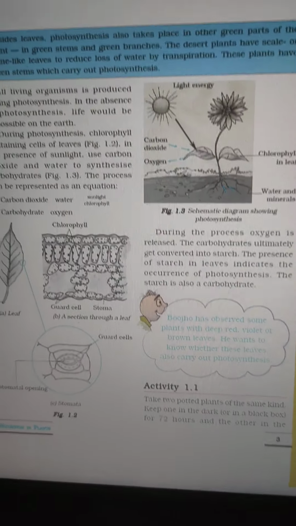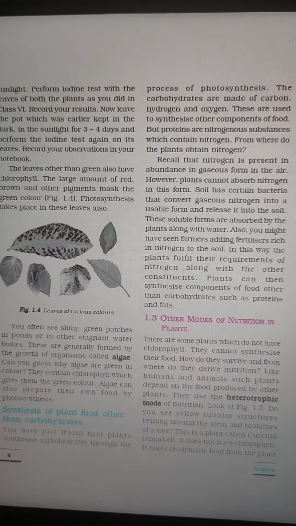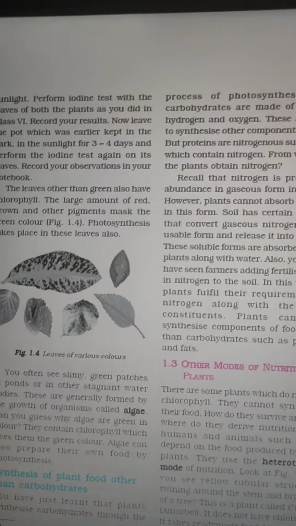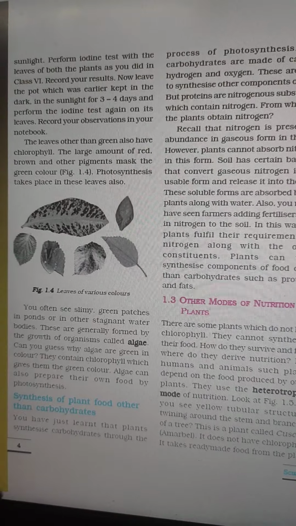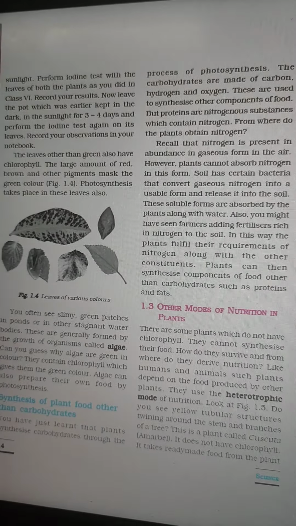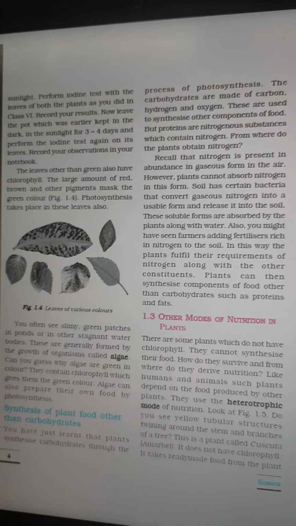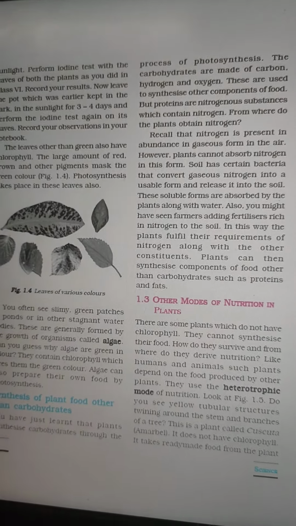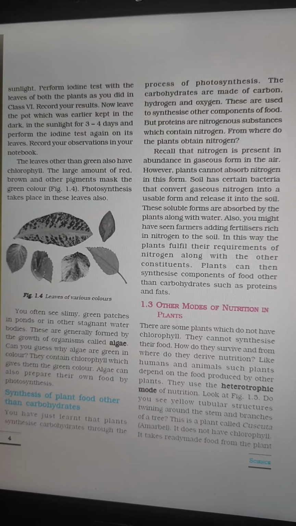And the leaf which is taken from the plant kept in the dark doesn't show any blue color, which shows a negative iodine test. So in this way we can prove that plants prepare their food, or we can say store their food, in the form of starch. Here in this paragraph it is given that not only carbohydrates, plants also require other components like proteins and fats. Proteins are made with the help of nitrogen, and nitrogen is taken by the plants by the process of nitrogen fixation, and I will explain this nitrogen fixation in the next chapter.